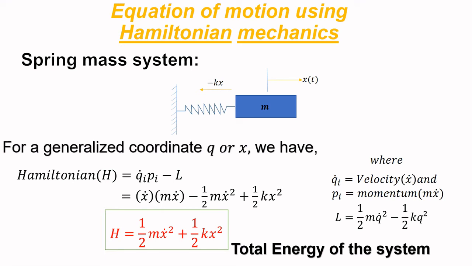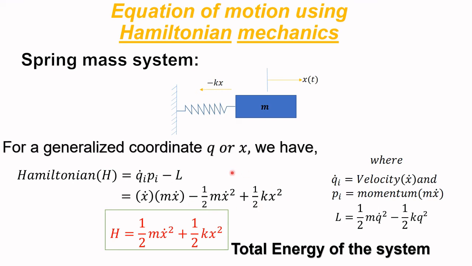And what is p here? p is the momentum, which is nothing but mass into ẋ, that is velocity. So momentum is mass into velocity. If I put the value of q̇ as ẋ and the value of p as mẋ, minus L. L is nothing but the Lagrangian here, and this is the formula of the Lagrangian. So I will replace q̇ by ẋ and q by x,